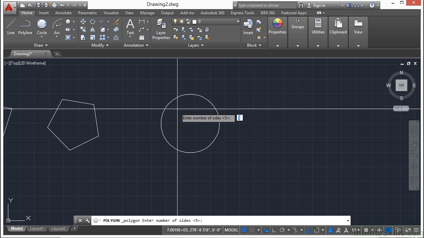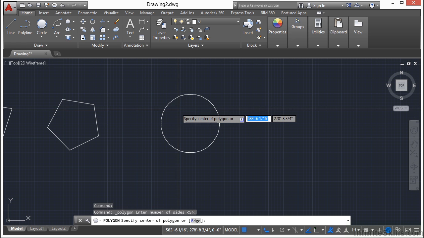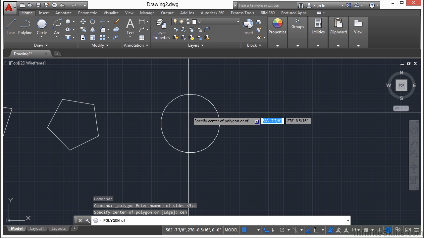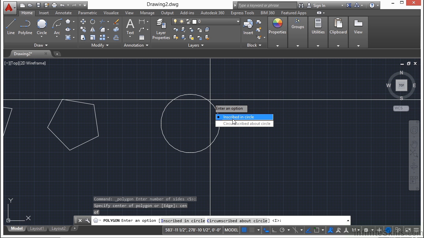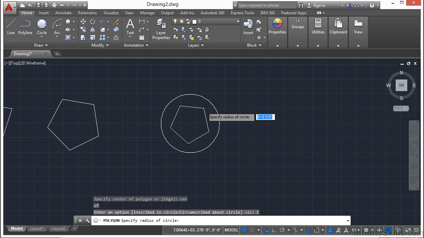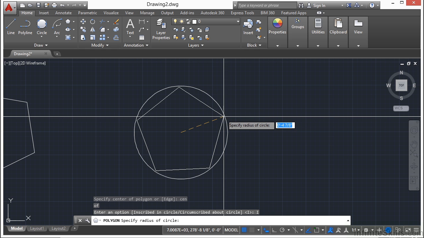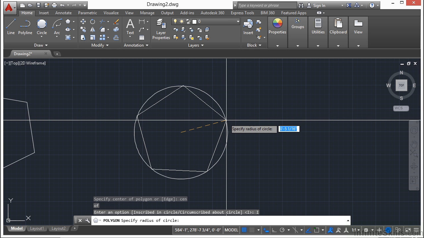Now if I pick my polygon command again, and let's draw it with 5 sides again, I'm going to just go to the center, type in CEN for your center OSNAP. Now I can inscribe it or circumscribe it. I'm going to pick inscribe. And what this does is that it will draw your polygon inside that circle. So your vertices will all be along that circle, but all your lines will be inside or inscribed